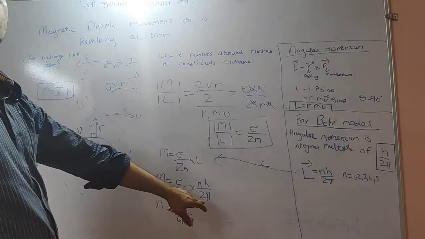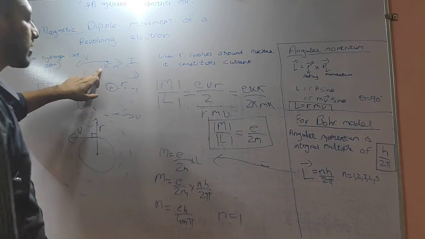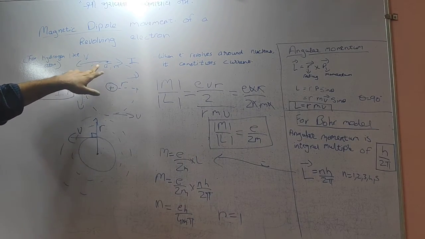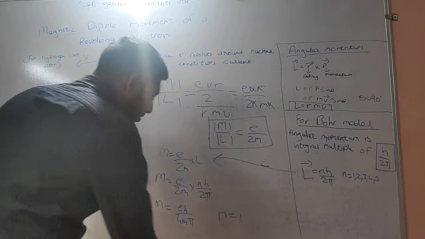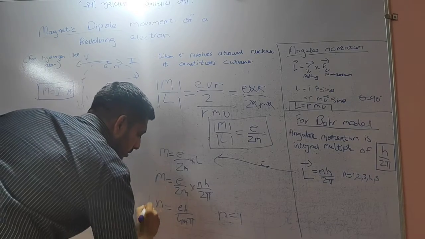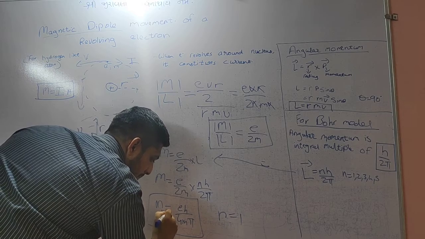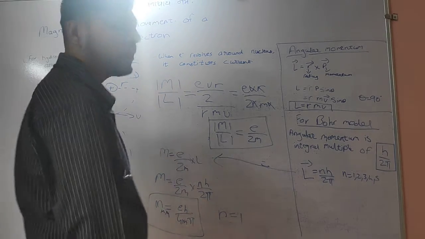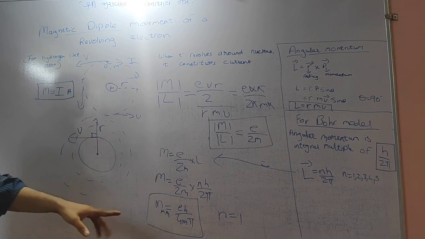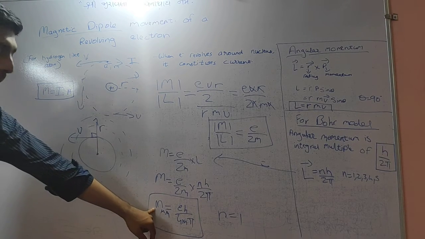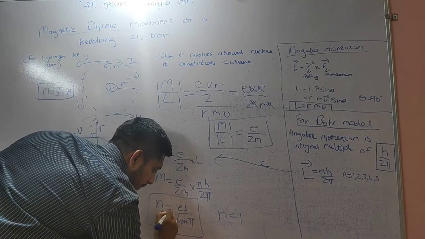Why? Because I want to put the value of n. If I put the value of n equals to 1, that is in our case, which is the minimum requirement, only minimum one orbit is required, then the final answer will be equal to this. Here you can also write it as m minimum. Now if we find the direction of L, just a second, first we will complete this. m minimum, write this properly.